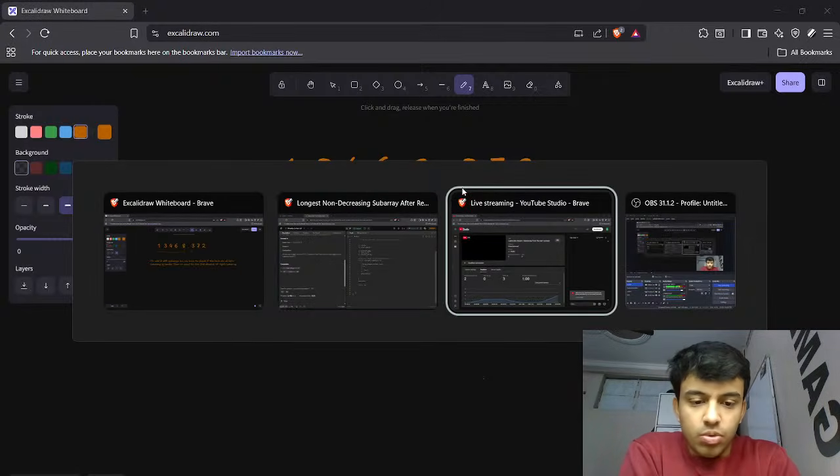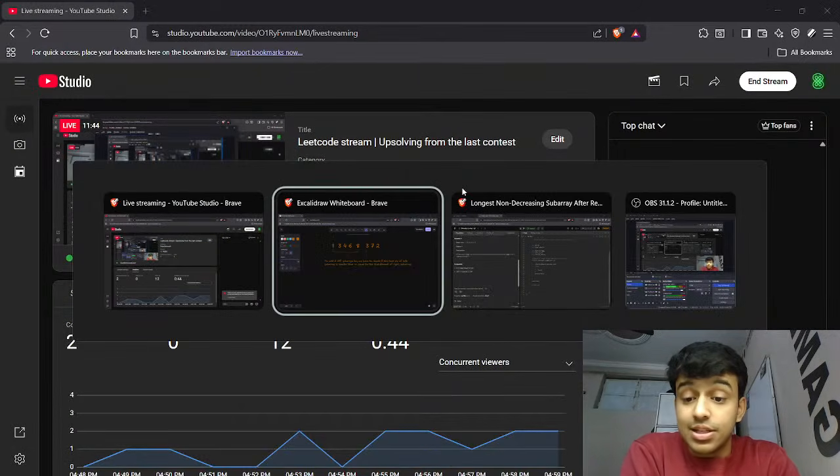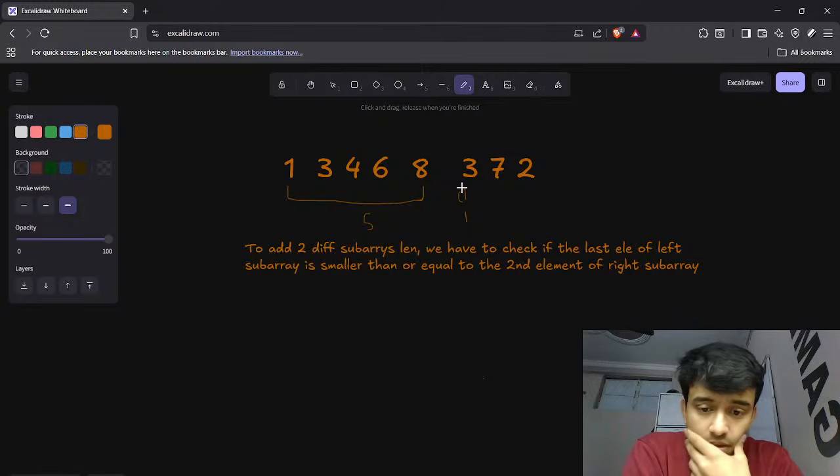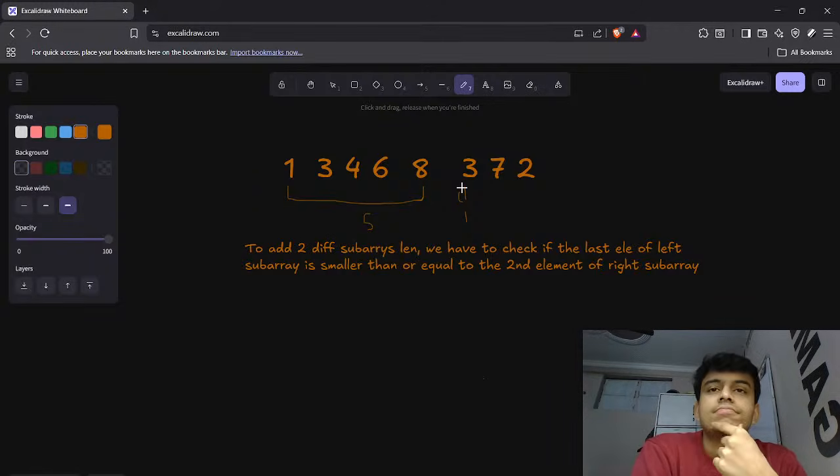This is where I was stuck the last time. This is where I'm stuck this time. We have to check if the last element of the left subarray is smaller than or equal to the second element of the right subarray. Even if it is,